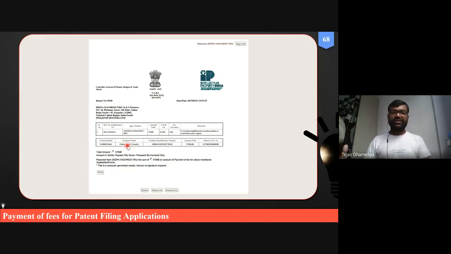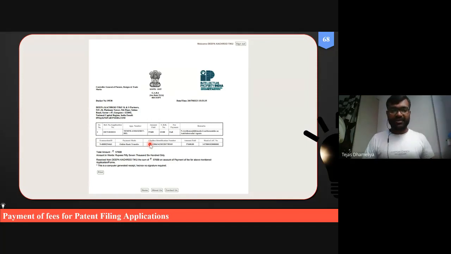The government of India already has rules on what the fees for the filing of a patent should be. That has to be paid to the government of India for filing of the patent. Once we have paid the fees, they will give a certain reference number or application number. This is the temporary application number, and they will also give other transaction status details, such as how we have paid the fees, whether online or offline. So this is proof that we have filed the patent once we have paid the fees.